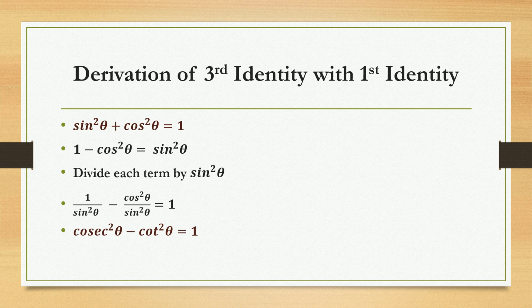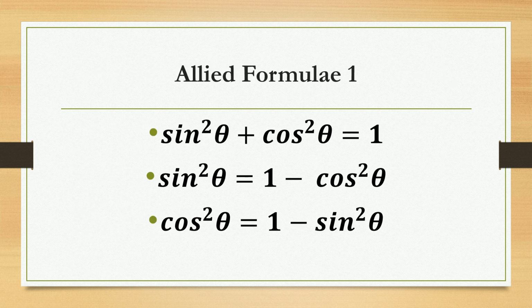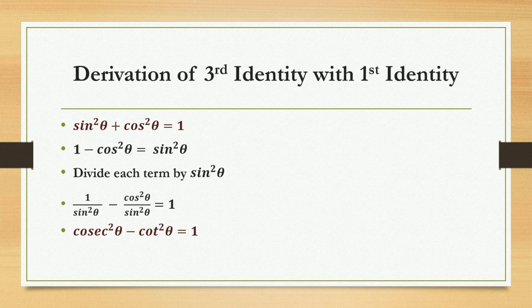Remember, these identities play a vital role. Very, very important. All these three identities are very important. 90% of your trigonometry, which is at the plus 2 level and 10th class level, is based upon these identities. But mere remembering these identities is not sufficient. The relations which can be obtained by transformations are also very important. Totally 3 plus 3 plus 4, 10 identities. Of course, only 3 identities which are converted into 10 formulae are to be remembered.